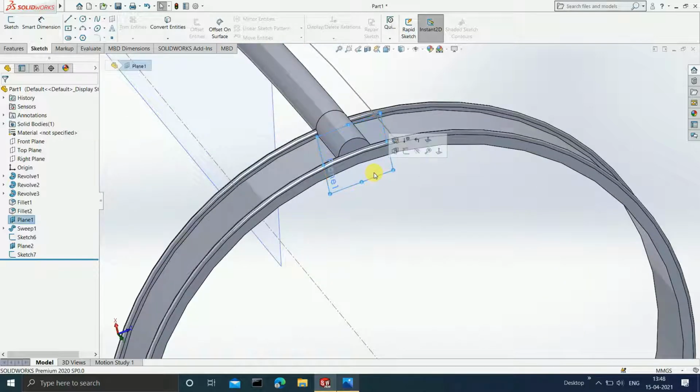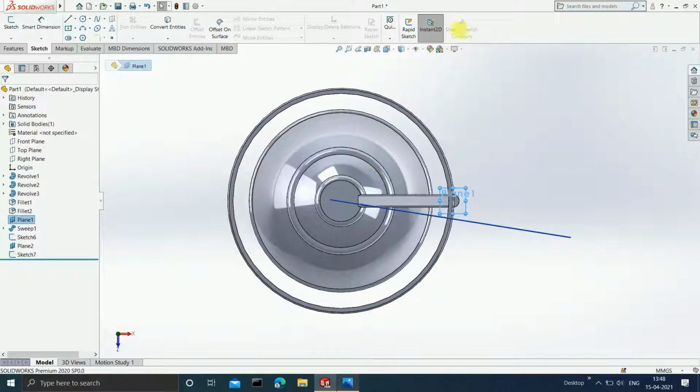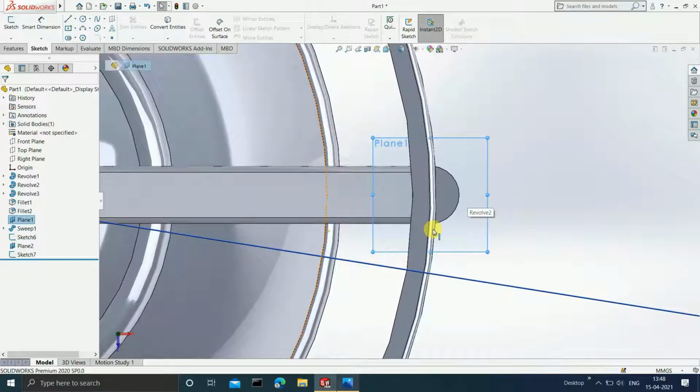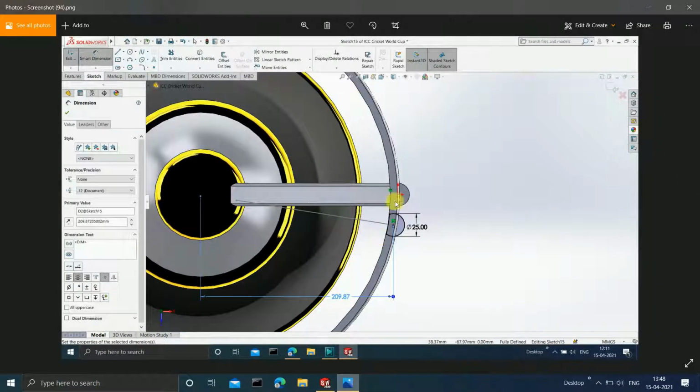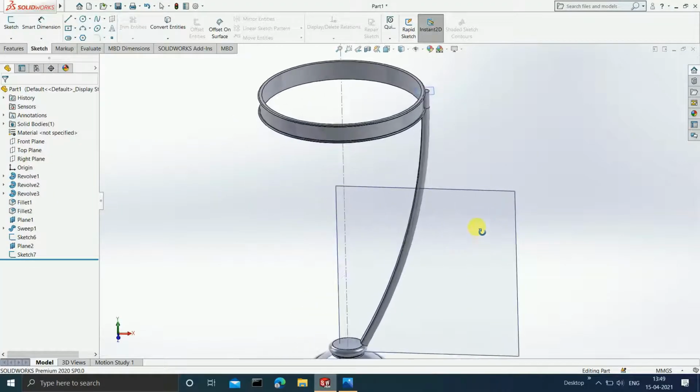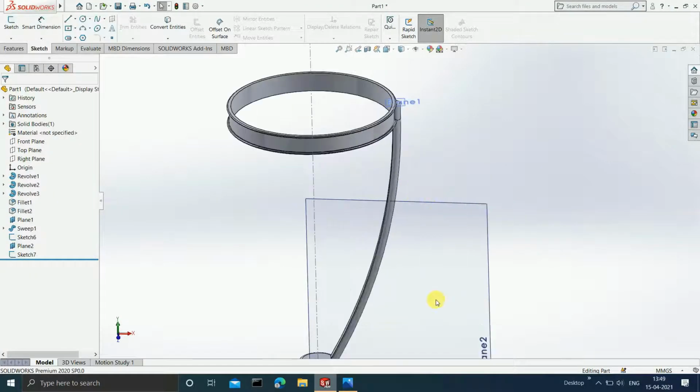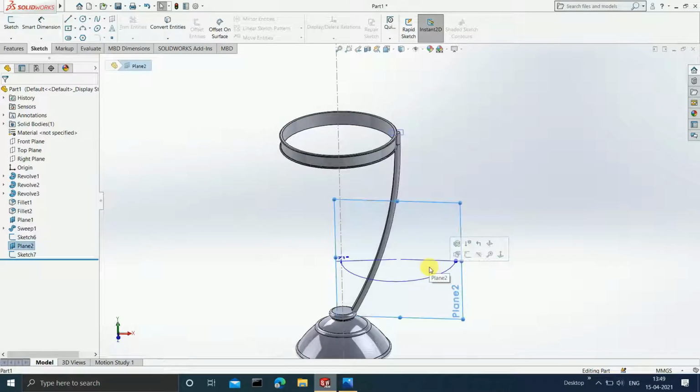Okay, now as mentioned earlier that we want to make the second rod, so for that we have to create one more drawing over here. So click on this particular plane, press Ctrl 8, and on that what we have to sketch is this particular thing. Again a circle with a diameter of 25, and a small arc over here. So before doing that, we will hide this plane. Just select this and click on hide.